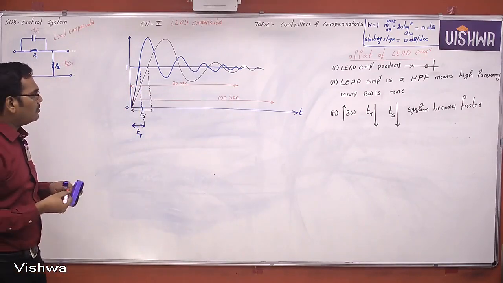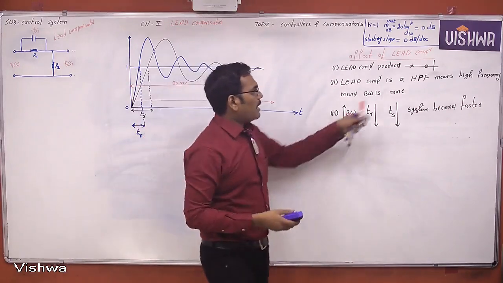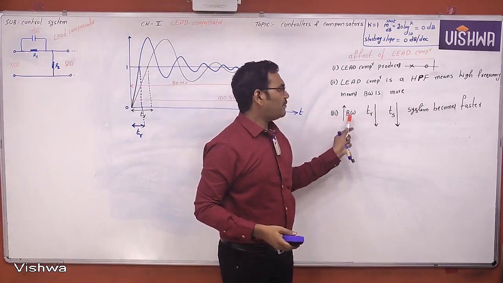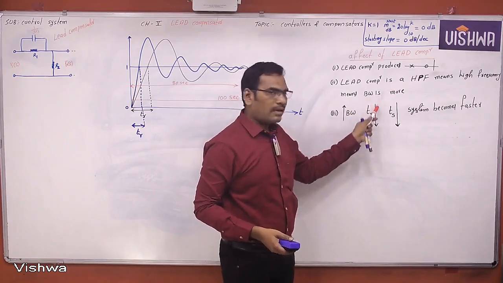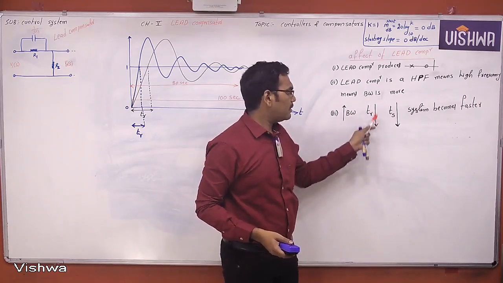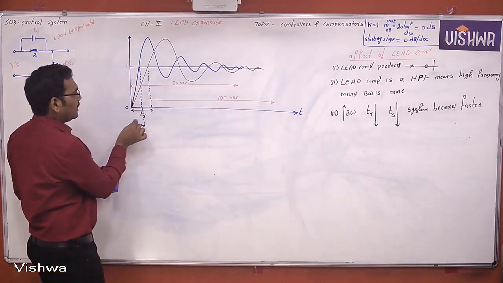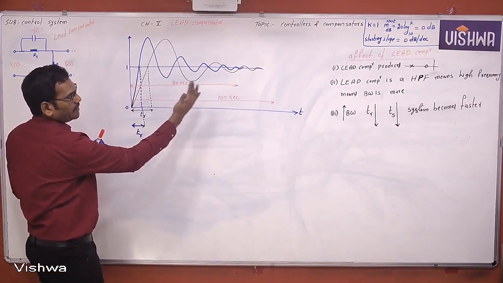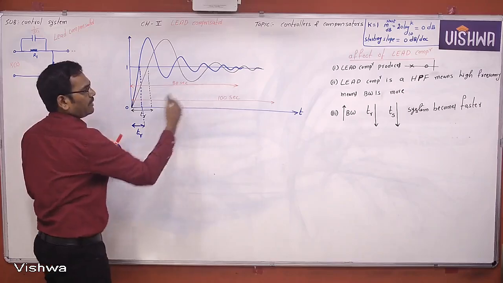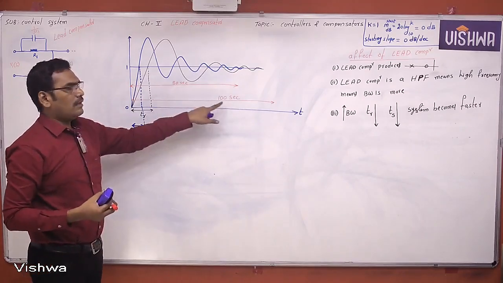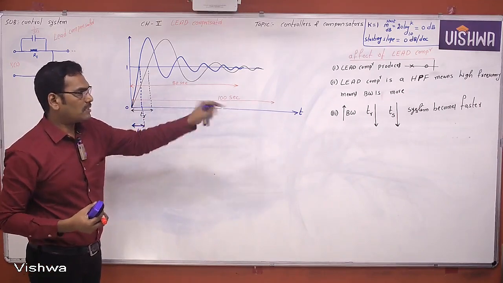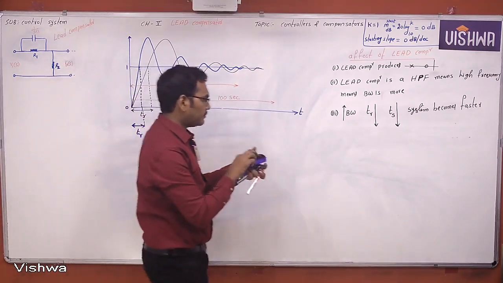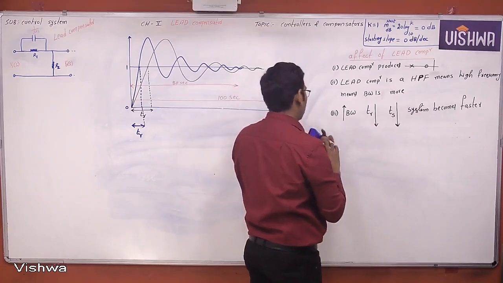Now this is a high pass filter. Bandwidth increases, high frequencies. When bandwidth increases, rise time decreases. When rise time decreases, settling time also decreases. When settling time decreases, instead of 100 seconds to reach the final value, it will take 80 seconds. Now the system becomes faster, and by this we can conclude that